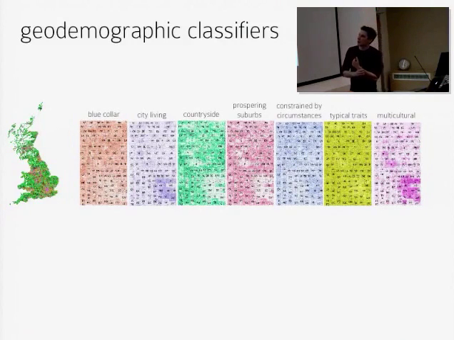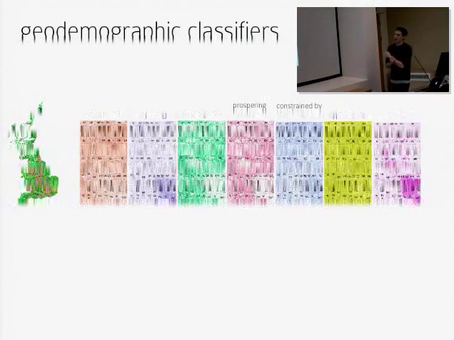So what strikes me is that here we're using colour lightness according to the probability of each of those output areas being a member of each of these supergroups. What strikes me is that there's not that much variation in these colours, which suggests that maybe these output area groupings aren't as well defined as we might have thought. But there are certain ones that clearly are. The other thing that struck me is that there's not that much covariation over space, spatial autocorrelation in these, apart from ones that we'd expect.